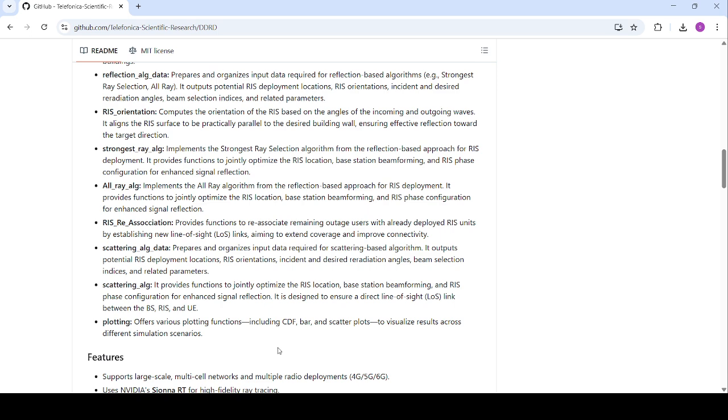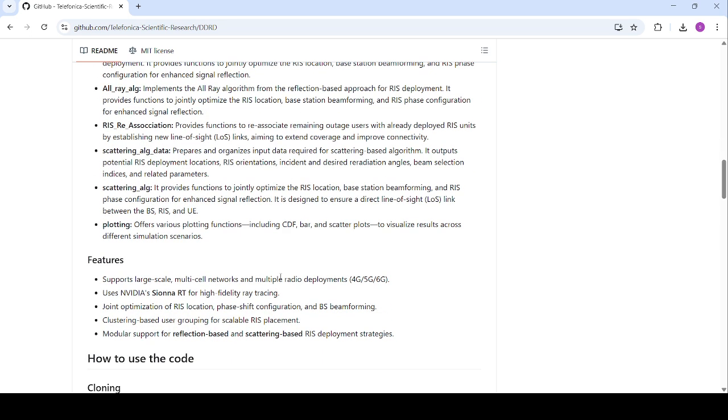It provides some functions for plotting the results, such as the algorithm gains, CDF, bar, and scattering plots for different scenarios. So now I want to explain how you can